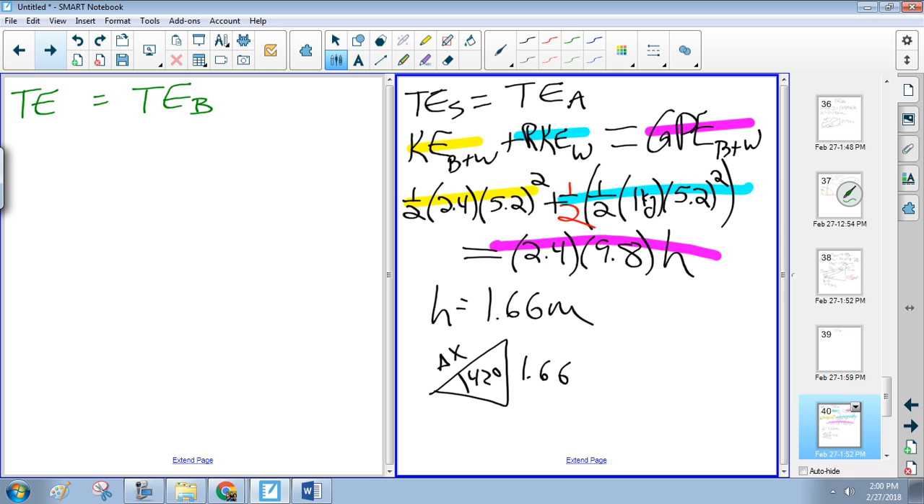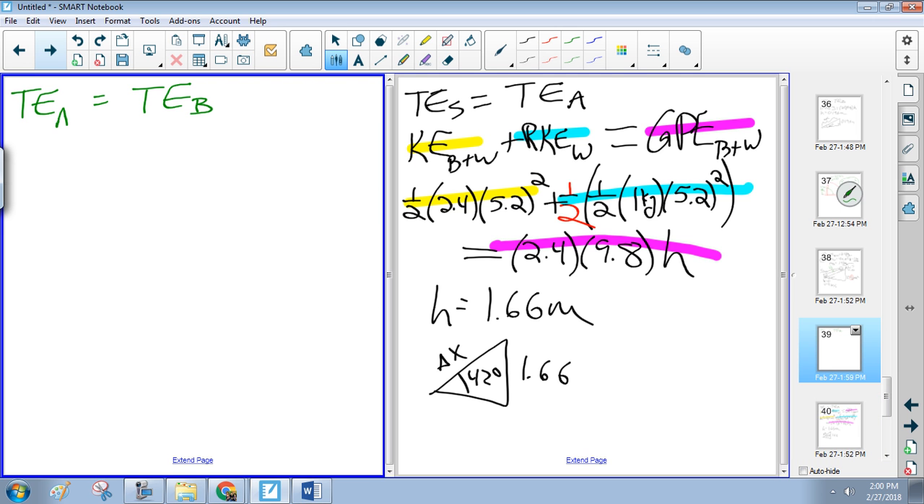I guess it would probably be easier to just do point A, right? Because we just found our height, 1.66. And all of it is GPE, right? So let's do that. The total energy at A is equal to the total energy at B. And the total energy at A is the mass times 9.8 times 1.66, right? Follow? All right, and that's got to equal the total energy at B, which is the GPE at B plus